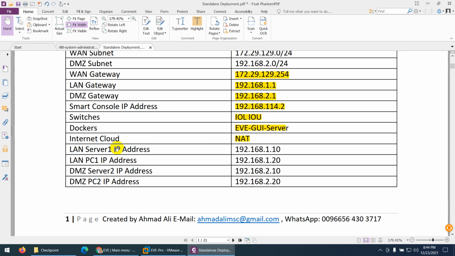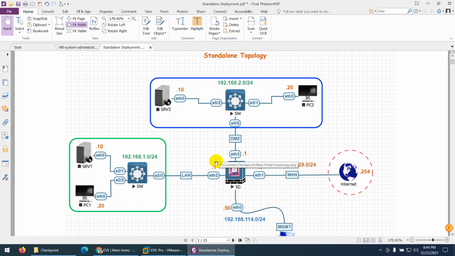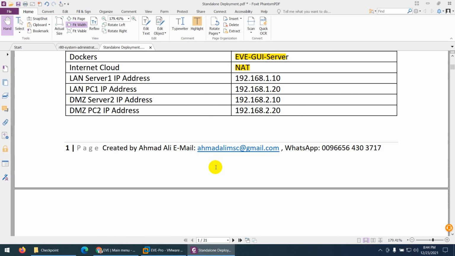Our LAN server IP is 1.10 and PC IP is 1.20. The DMZ server IP is 2.10 and DMZ PC IP is 2.20. So this is our small topology for standalone deployment.